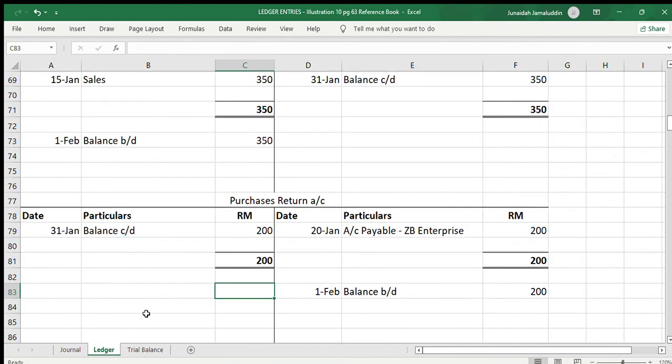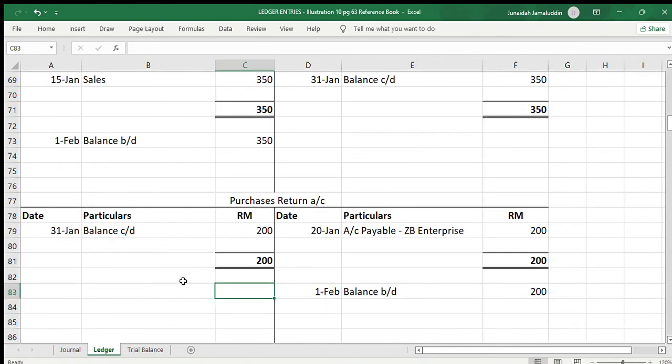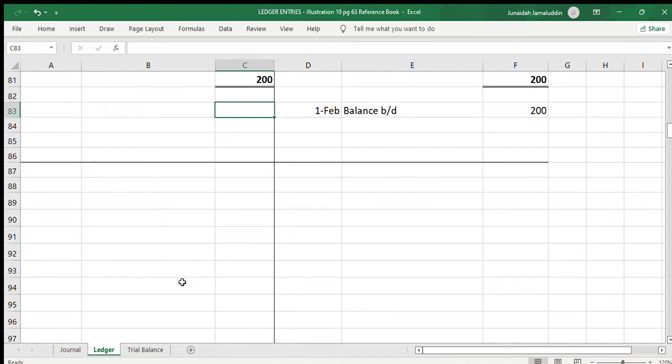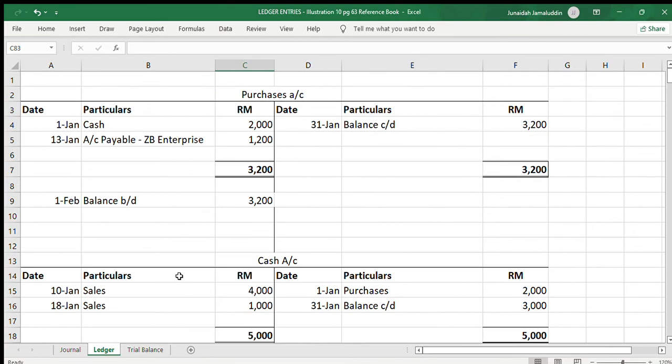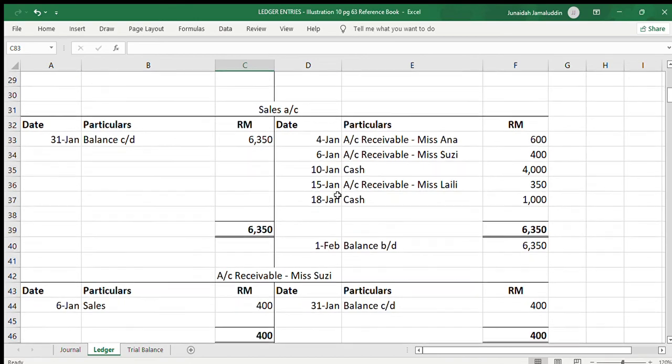Okay, semua kita dah transfer ke dalam trial balance. Semua baki-baki daripada ledger account kita dah transfer ke dalam trial balance. Okay. So kita check lagi sekali betul tak semua dah ditransfer. Ada berapa account semua sekali? 1, 2, 3, 4, 5